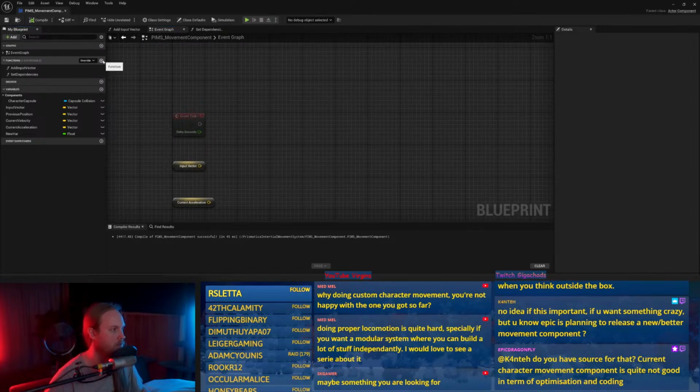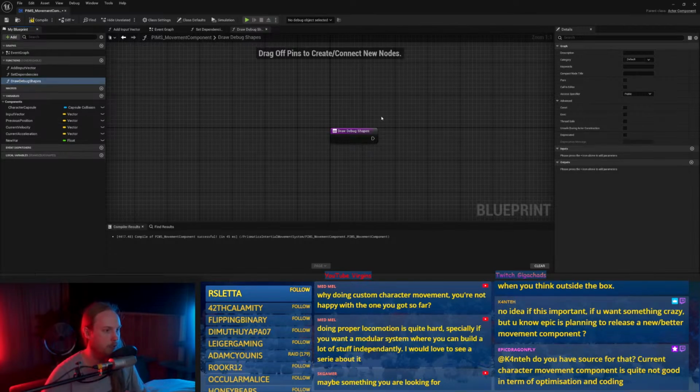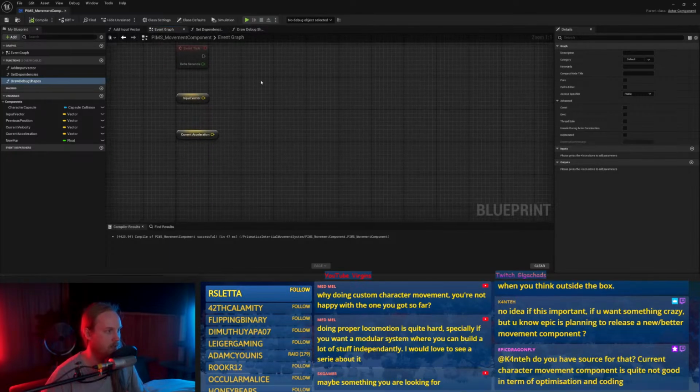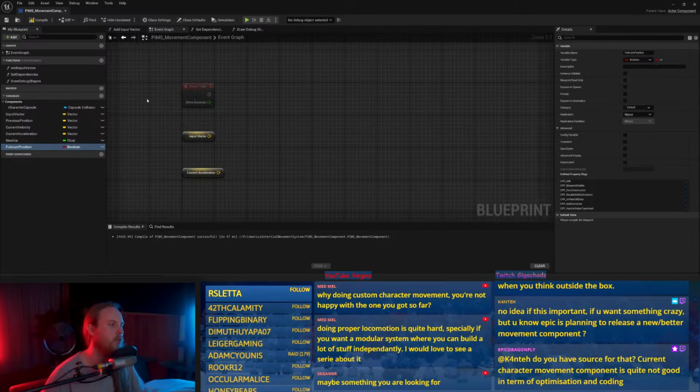Right, I'm going to want to do a draw debug shapes first, and because this is all math based, we want our fulcrum position. Do I want to do this as an array of fulcrums?